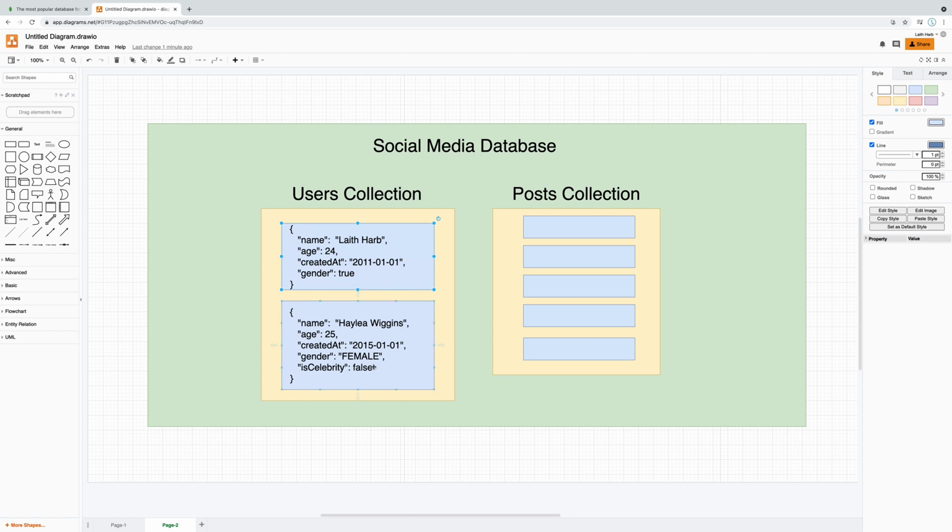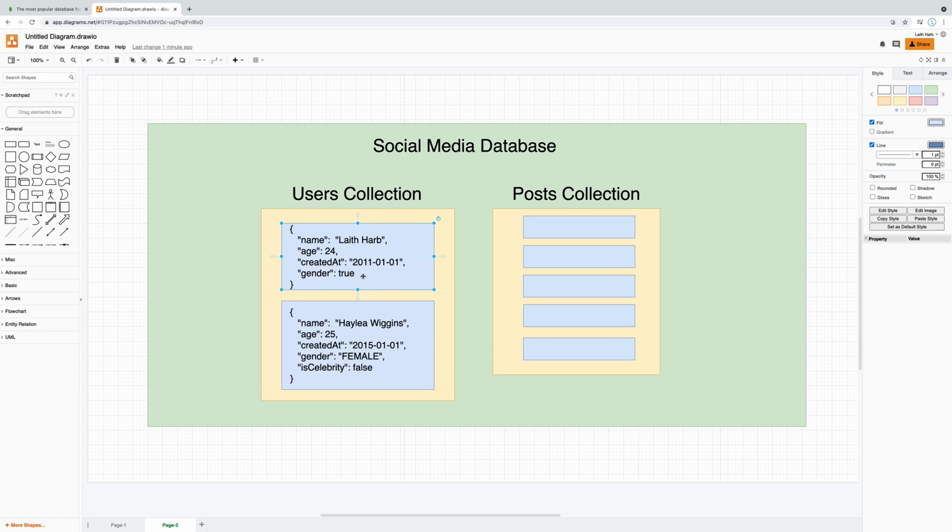Well, okay, this is kind of strange. Why is there a mismatch between the actual types? So over here we have a Boolean type, over here we have a string type. Why do we have this mismatch? Similarly, over here we have this isCelebrity key, and this is a Boolean, but we don't even see it inside of this document. Again, very, very strange. Well, the reason why we can actually do this in MongoDB is because MongoDB is absolutely